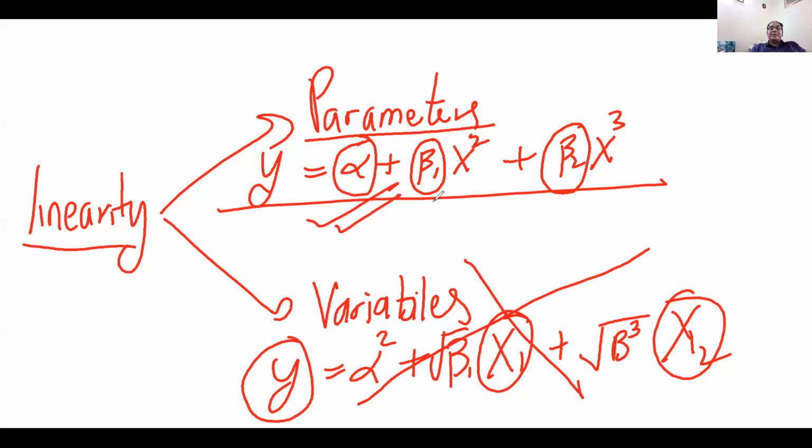So the first assumption of the regression model is that all the y and alpha, all the regression coefficients, should have the power of 1. This property is the first property of the regression model. Now I am telling you the second property. The second property is about the residuals.